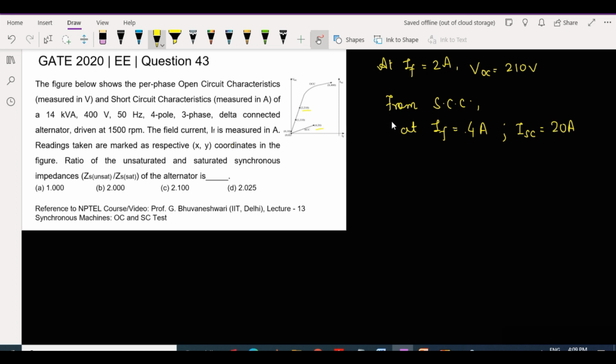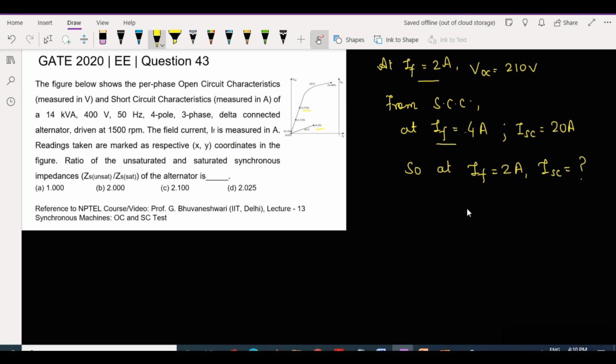Fine. So if we see this value of field current, we can find out for a field current of 2 amperes, what is the value of short circuit current.